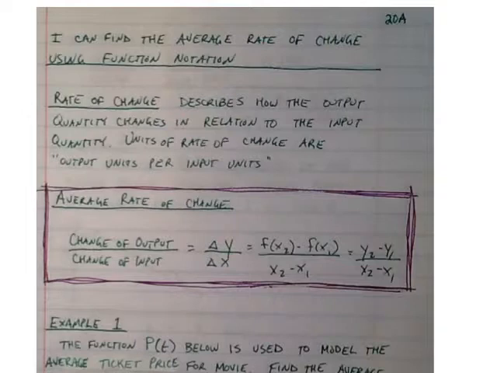Alright, so this skill is about rate of change, and this is probably a pretty straightforward skill which has heavy carryover into calculus. Calculus starts by talking about rate of change and starts to examine average rate of change. So a rate of change describes how the output quantity changes in relation to the input quantity. If it's within the context of a problem, you can say you have output units per input units, like miles per gallon, or